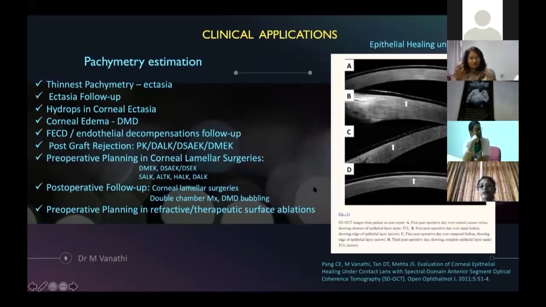So I'll just run you through a lot of clinical pictures so that you're aware of how these look. And the most important, or the most basic, thing for which an ASOCT is commonly applied is the pachymetry estimation here. So you would like to know the thinnest pachymetry area in a keratoconus or in a pellucid marginal degeneration or any other ectasias you're looking at, or any corneal thinning which you could see in viral keratitis. It is useful for following up your ectasias, and most of the time the reliability of your readings when you're doing serial follow-ups is very good with an anterior segment OCT.